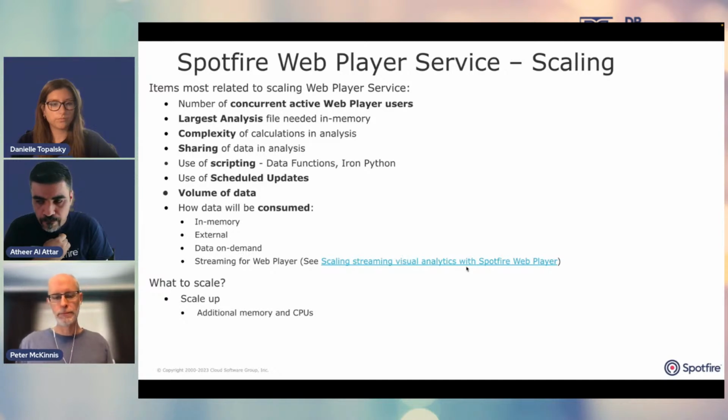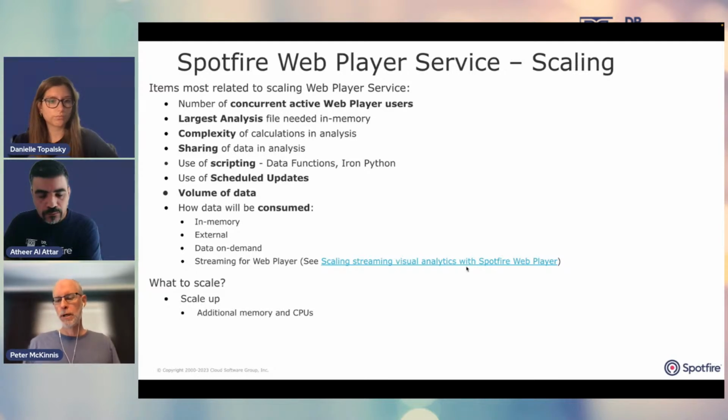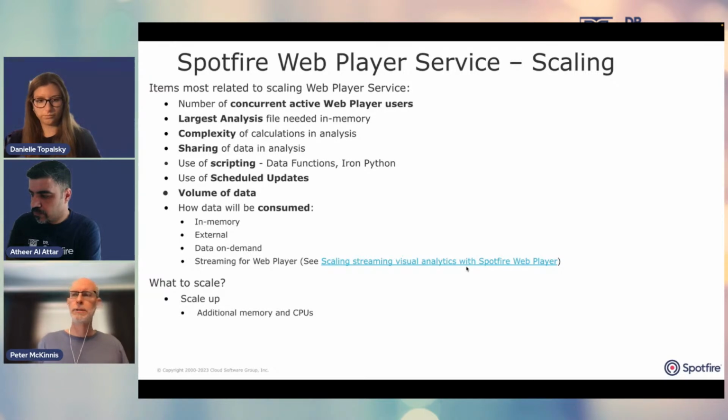How do I get the user action log dashboard, and is it a ready-made dashboard or do we need to make it? There's one that comes with it if you have the Spotfire server installation zip file in the database of your choice. Oracle and SQL Server come with an information model. Postgres doesn't come with the action log information model, but if you search the community site for Postgres, you'll find the action log information model there. Within the information model, there's a base analysis file that hooks up to that information model. And obviously, because it's Spotfire, you can modify it and make it better. The base one is a starting point, but it brings the data in.